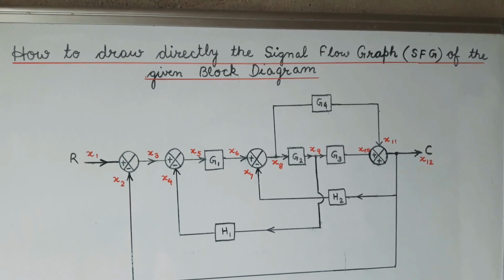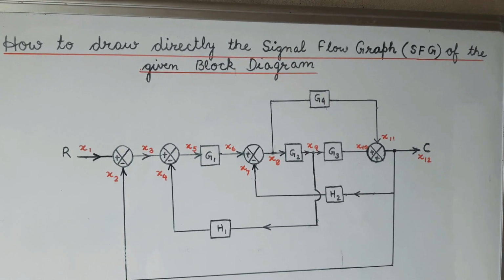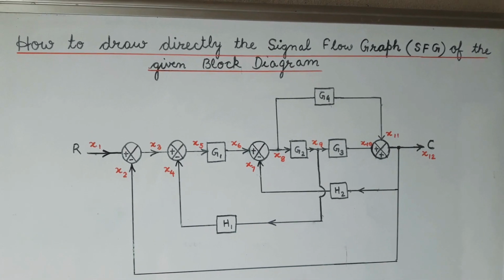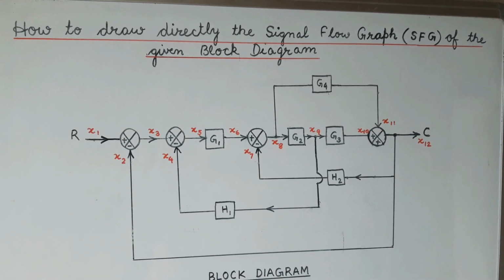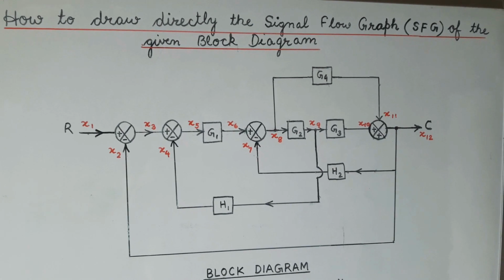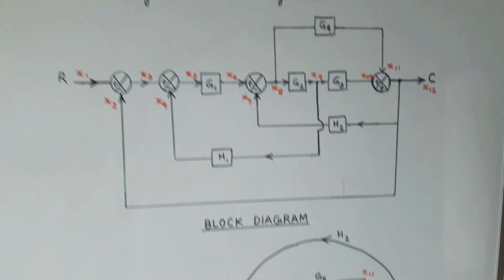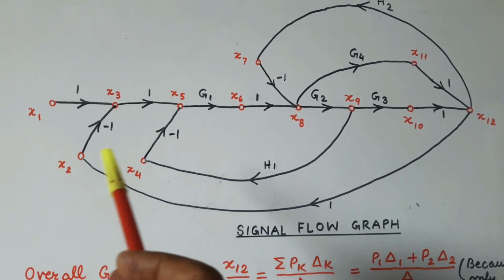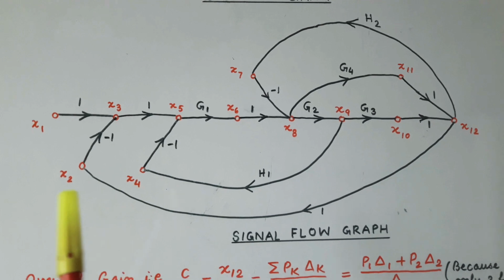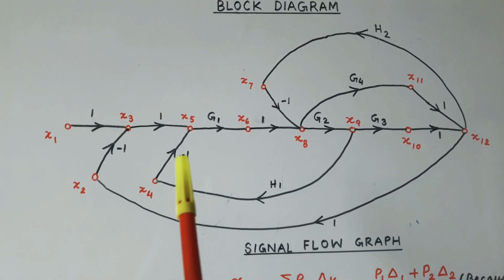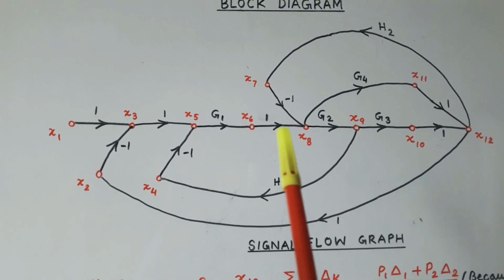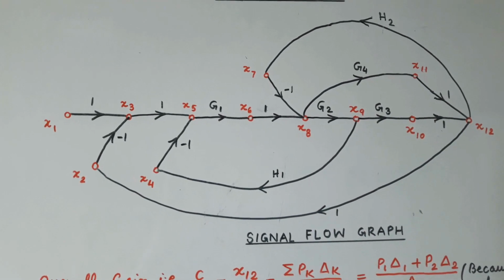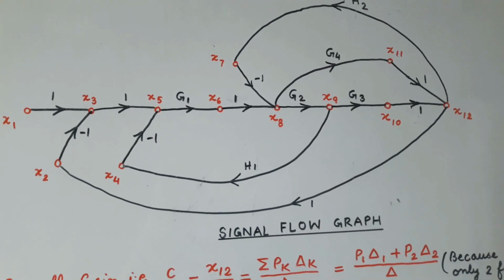After marking all the variables, we find that there are a total of 12 variables. So the signal flow graph will consist of 12 nodes, as shown in the figure. Here we have drawn 12 nodes, and we have given the name of each node as x1, x2, x3, x4, x5, x6, x7, x8, x9, x10 and x11. After naming all the nodes,